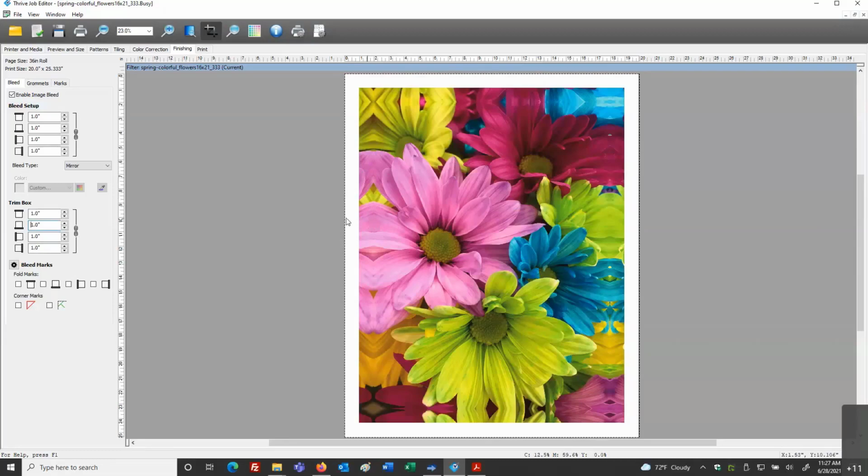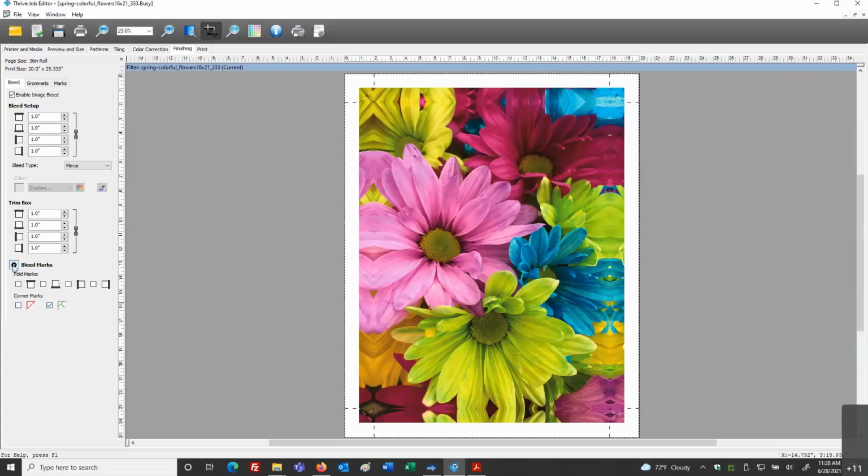So if we imagine wrapping this around a frame, we can have this white area perhaps be the back side of that frame wrap that's going to go up against the wall, for example. And we don't really need any color printing there. No one's going to see that as it's backed up against the wall. We also have some additional marks that we can activate for top, bottom, left, and right. Or we also have some commonly used marks, corner marks, as one example is a banner, and the other example is a frame. So whichever types of mark styles, or you can have everything turned on, but whichever types of mark styles work best for you.